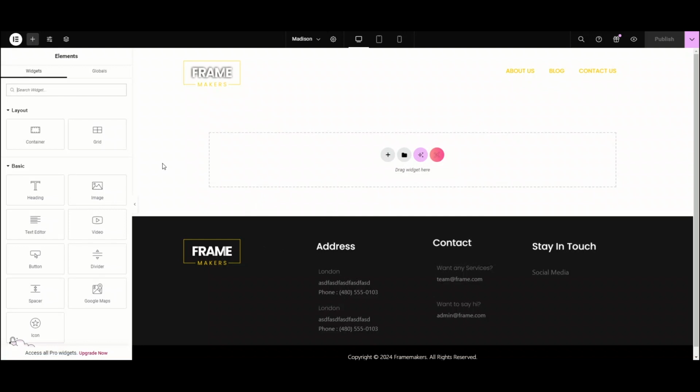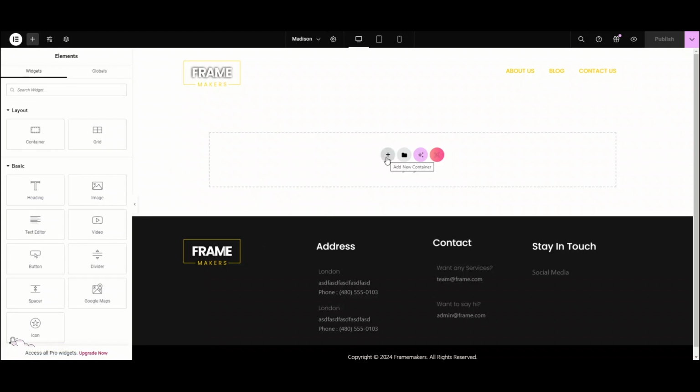I'm going to use sections and columns with different elements, some widgets, floating and motion effects by WP Expert to build the page. Expert extensions for Elementor are unique features that extend the Elementor capabilities and let you create amazing effects on your website. Here we have 25 plus Elementor extensions like floating effect, entrance animation, motion effect, background parallax, 300 plus icons in Expo Icon Library, and much more.